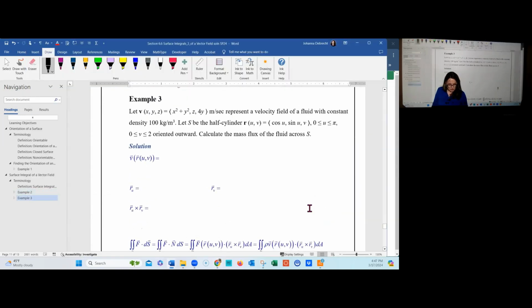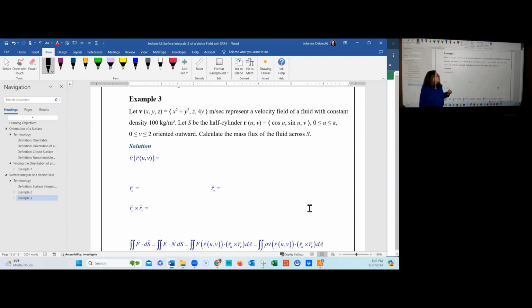Let's take a look at our last example, example 3. In this case, we're given a vector field in 3 dimensions, x squared plus y squared, comma z, comma 4y, in meters per second, representing a velocity field of a fluid with a constant density of 100 kilograms per cubic